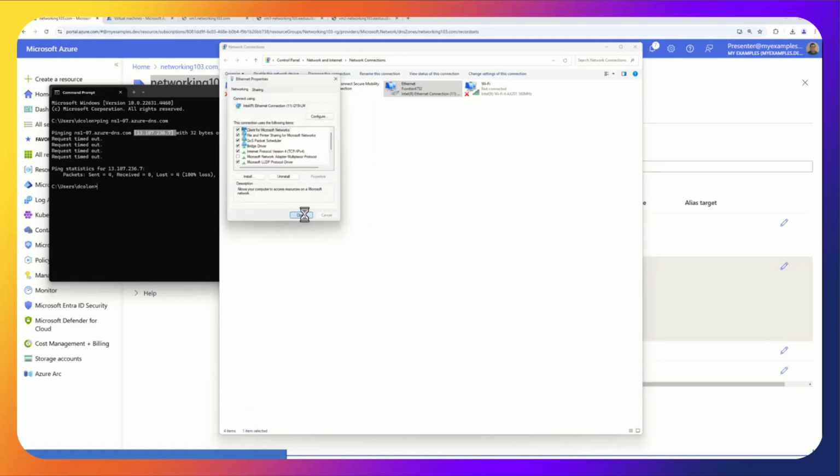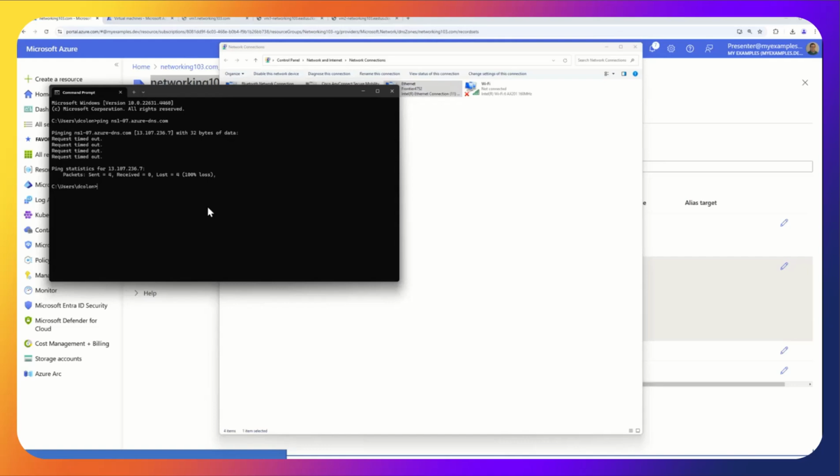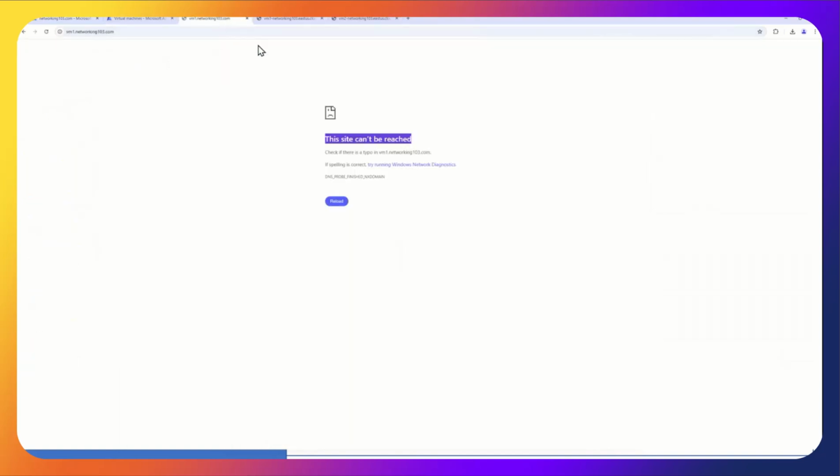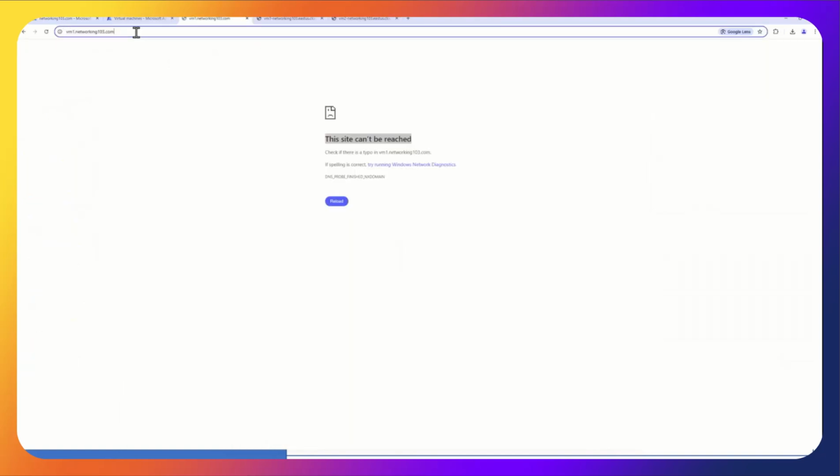Hit OK, close. Now I'll just run the command ipconfig /flushdns. And now I may have to close and start my browsers, but we'll see. There it is, VM1.